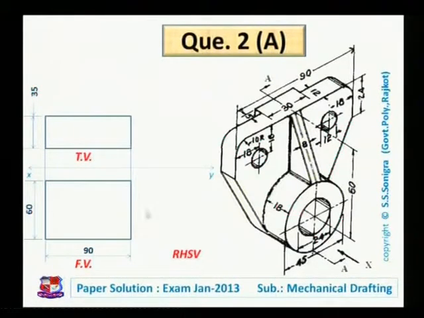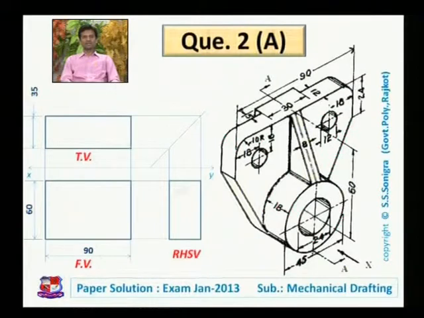Till now we have drawn two views, front view and top view. Just we have drawn the boxes of these two views. Now to draw the box of right hand side view, we draw here line at an angle of 45 degree, project these two lines, from there project these two lines and draw horizontal line from here and draw a rectangle like this. So its right hand side view dimensions would be like this, having width equal to 35 mm and height equal to 60 mm. So this is the planning of our drawing. Now in your drawing sheet, first you draw these three boxes with given dimensions and then after start drawing.